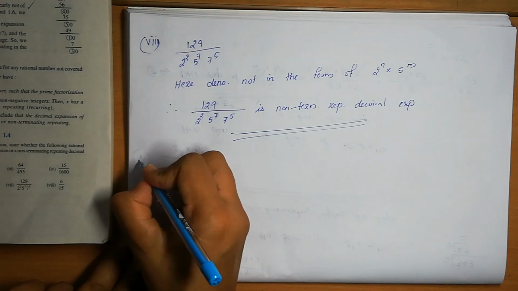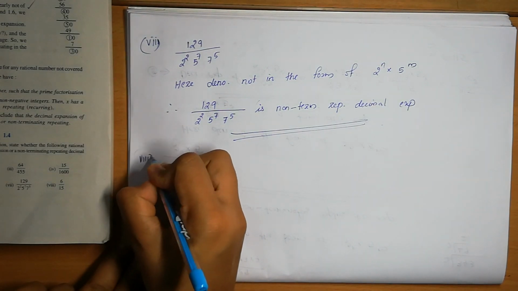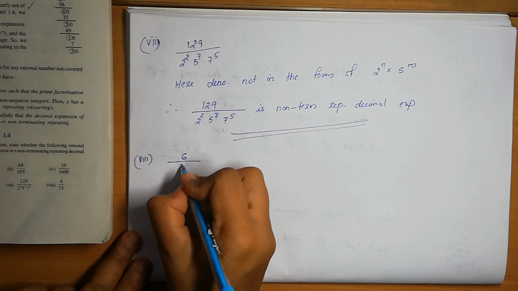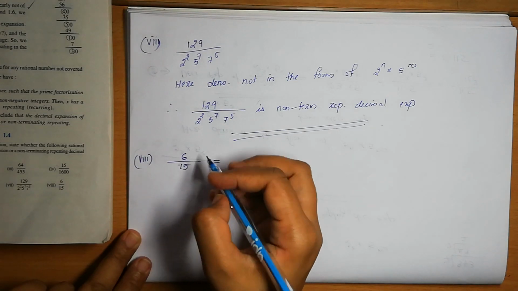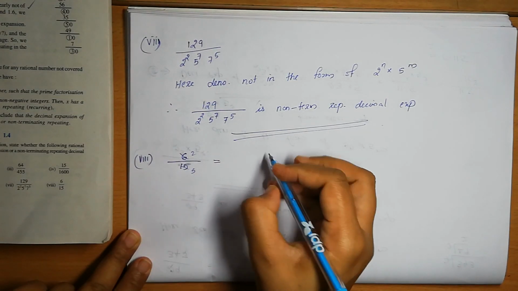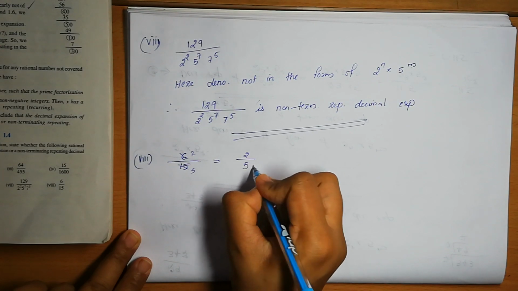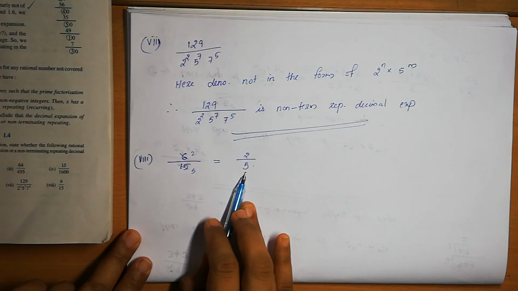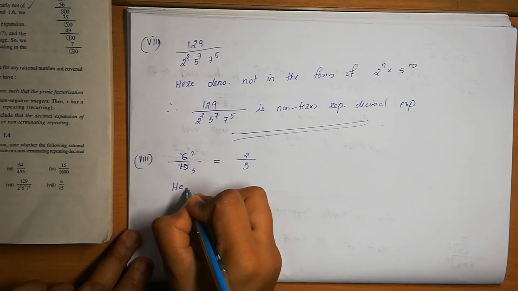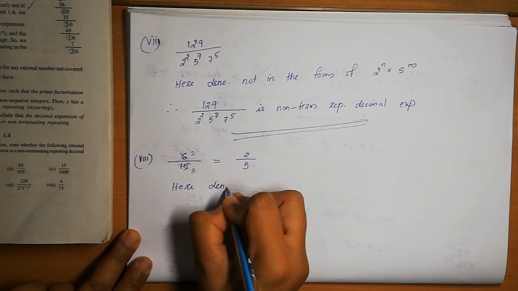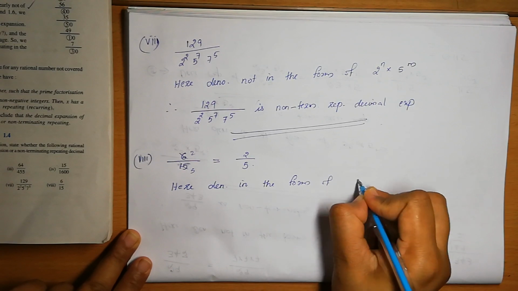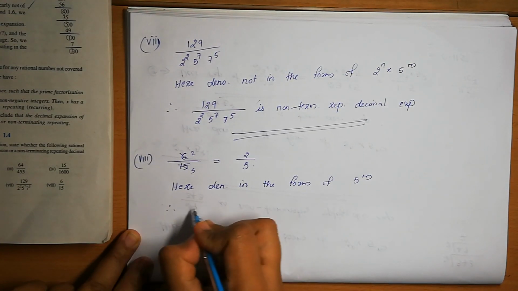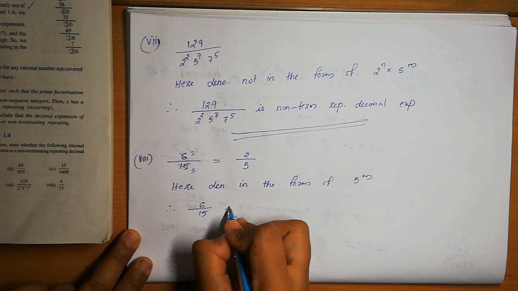Okay. Next, 8th one. 6 by 15. This one we can cancel with the 3 also. 3 2s are 6, 5 3s are 15. So this one we can write as 2 by 5. So here we can see that the denominator is in the form of 5 power m, so it is a terminating decimal expansion. Here the denominator is in the form of 5 power m. Therefore 6 by 15 is